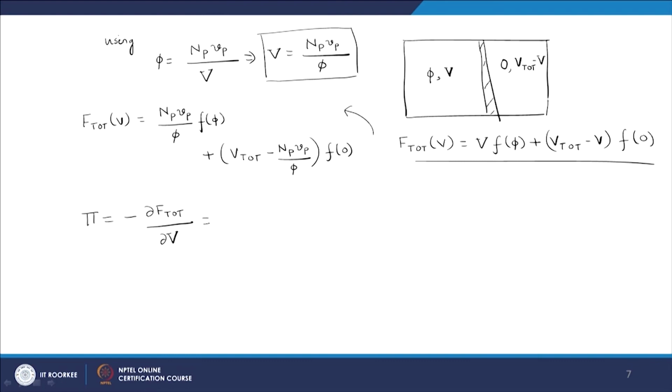So, I can write this as minus dou f dot by dou phi and dou phi by dou V. Here dou phi by dou V is given by minus Np Vp by V square using the relation that we started with,